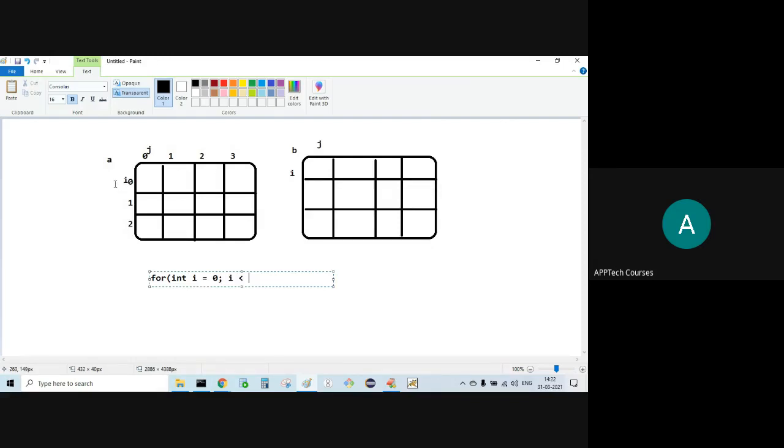Here also 0, 1, 2. How can you find the size here? What is the size? 4 into 3 is what?